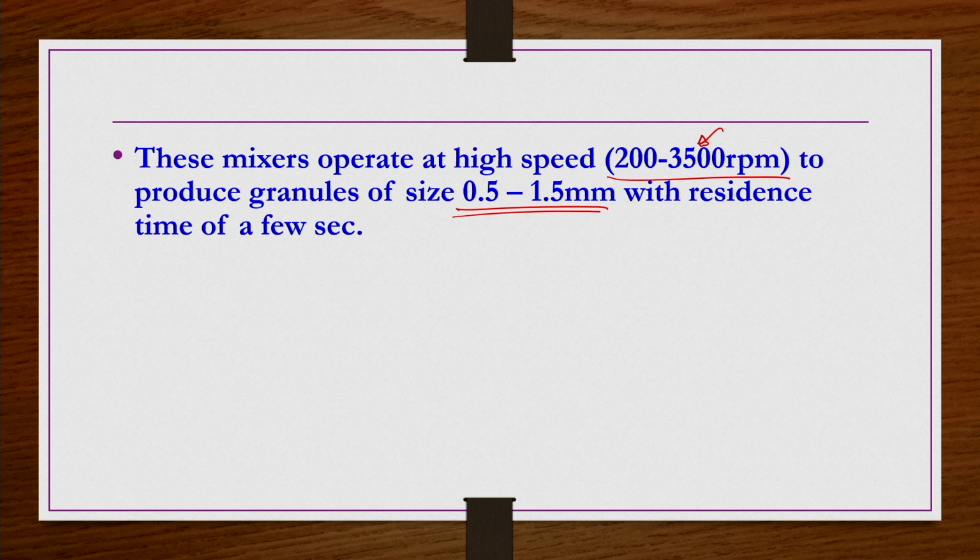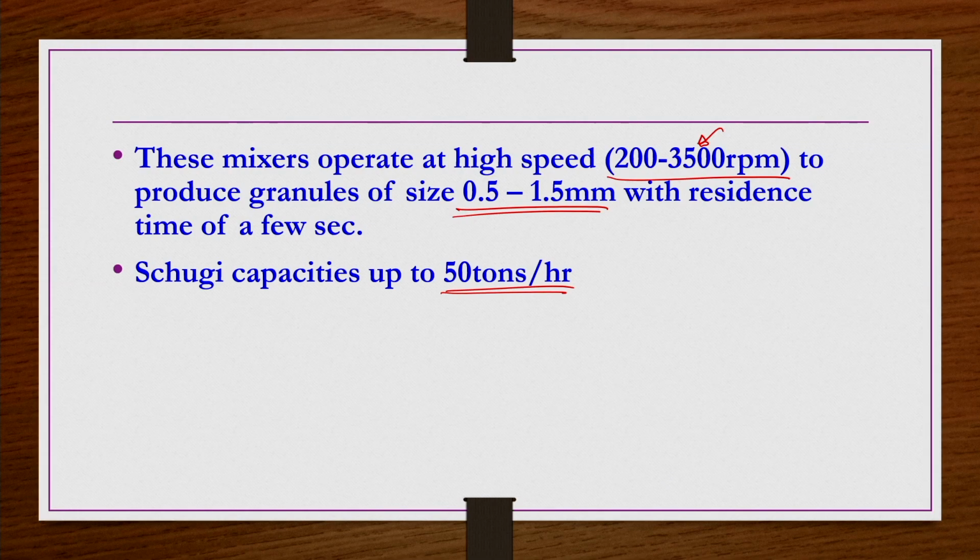In general, in the tumbling granulators, or otherwise the low speed mixer granulators that we have seen, the residence time is in general in minutes, 5 to 10 minutes or something like that. But because of the high shearing in these continuous shaft granulators, the mixing takes place within a few seconds. However, you cannot have larger size particles because of that high shearing, some amount of attrition may also take place. So that will not allow the particle to grow bigger and bigger or consolidation to take place. That is the reason the particle size is only up to 0.5 to 1.5 mm.